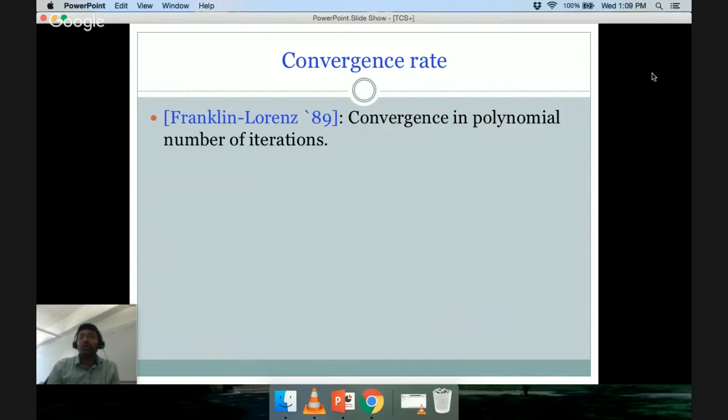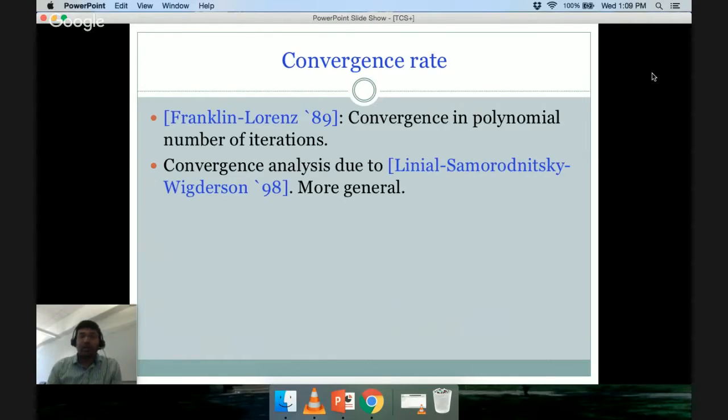Moving on to the convergence rate. What do we know about the convergence rate of this algorithm? Franklin and Lawrence in '89 were the first ones to prove that this algorithm converges in a polynomial number of iterations. I'll show you the analysis due to Linial, Samorodnitsky, and Wigderson in '98. They proved that this algorithm converges in a polynomial number of iterations, and in fact their analysis is a bit more general. You don't require all the entries to be strictly positive. It converges under